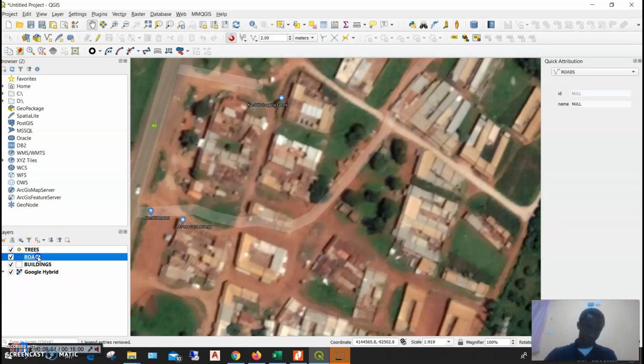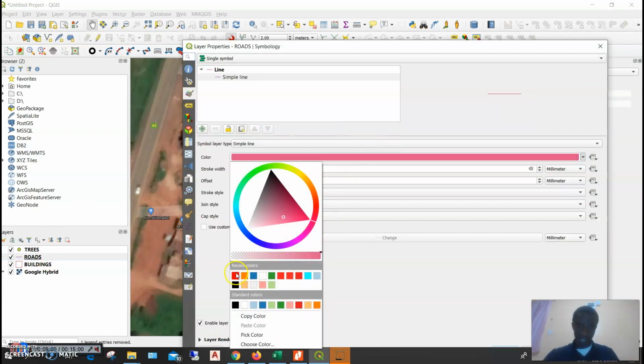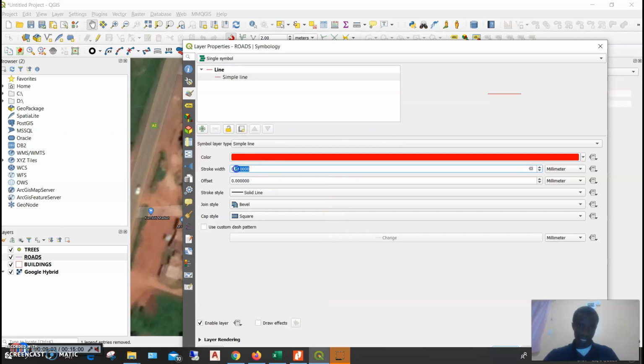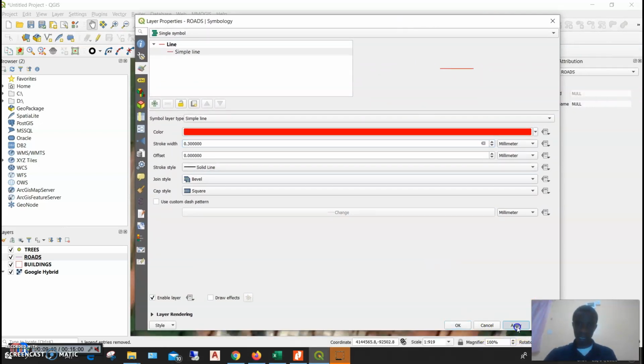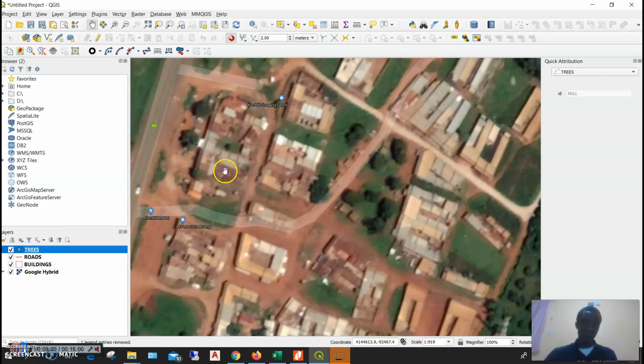For the road, it's just line data. You can give it a color of your interest, depending on your cartographic skills. But for digitization, first give it a bright color so that you can see it well. Then after you are done, when you're producing the final map, is when you check how the features appear so that you observe the rules of cartography.